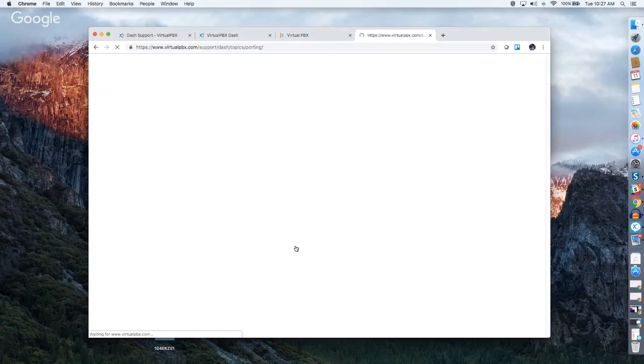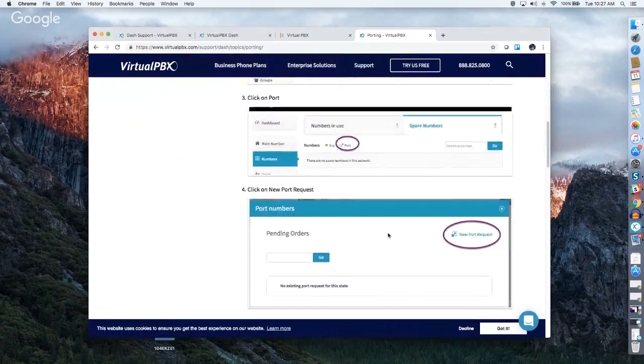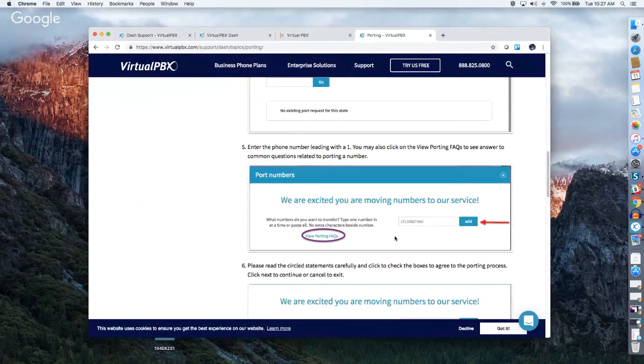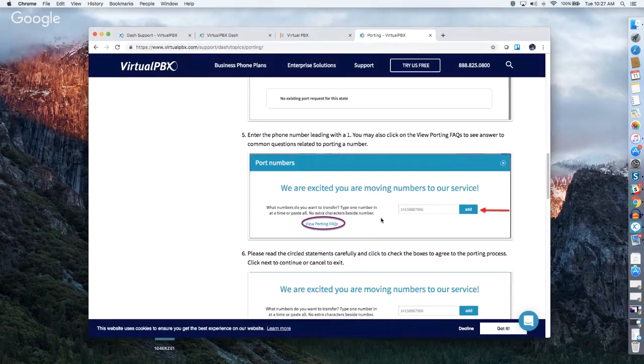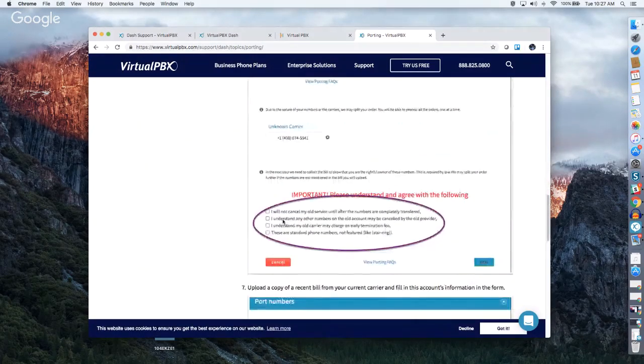Of this guide here on our site, because this has the screenshots that we're going to need. So there's a porting FAQ. You're going to add the phone number. The main thing to keep in mind right here is essentially for a port to complete, you need an account on